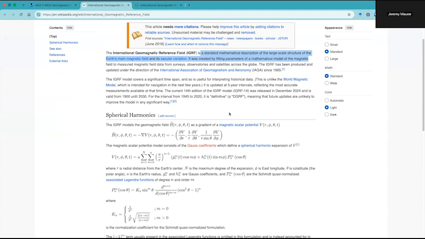So we're trying to understand and model the Earth's total magnetic field. And in order to do that, we need to incorporate all the different observations, all the different data sources that we have on the Earth's magnetic field. The way this is done mathematically is to use the concepts that we've talked about in this class. So we have the Earth's magnetic field B. You can see here on this Wikipedia page, Earth's magnetic field B is related to the negative gradient of the